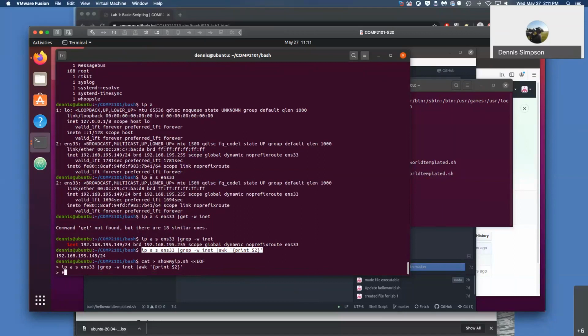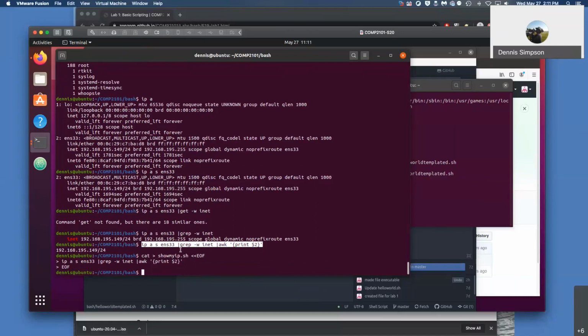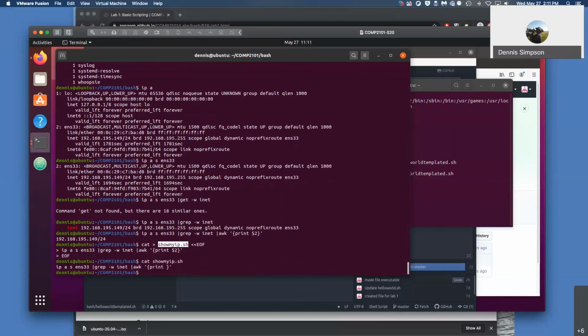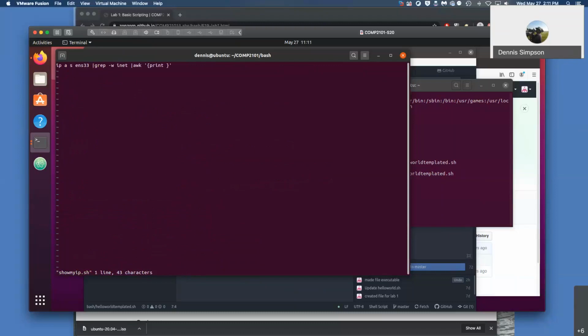And then I can say EOF, and it will make this file with that line in it. I can prove it's there by using cat. I don't have my hash bang in there. Oh no, I got too lazy and forgot. That's okay. I can use my favorite editor, whatever that happens to be, to modify the file